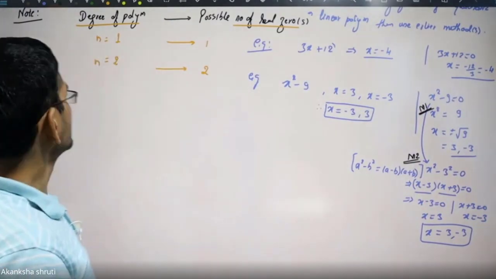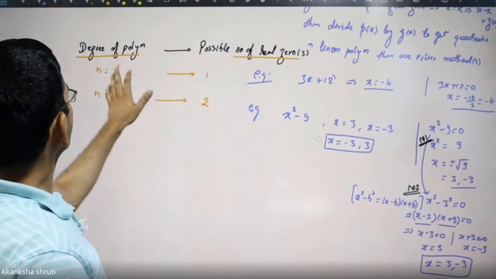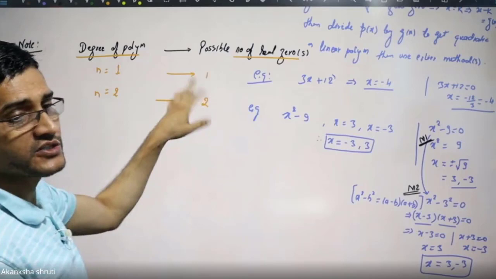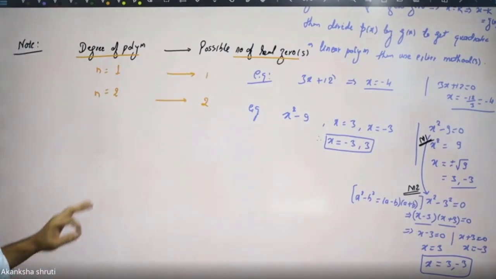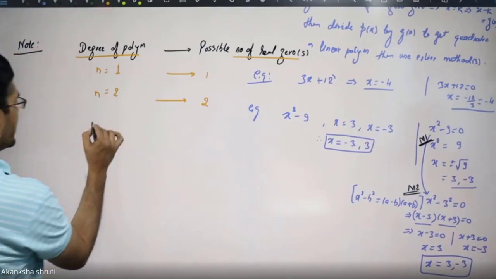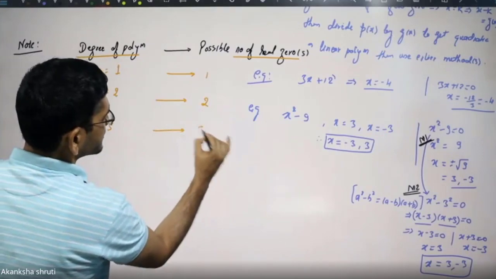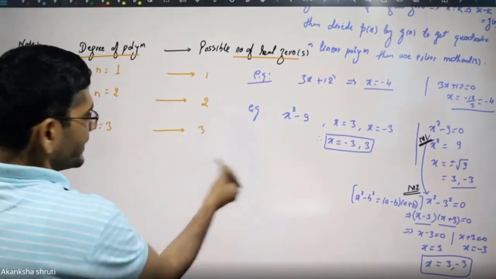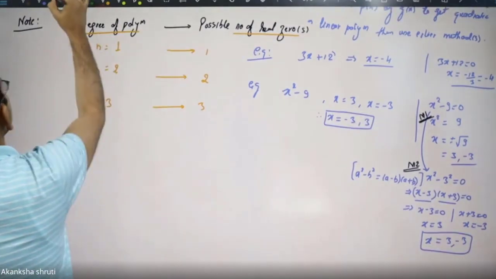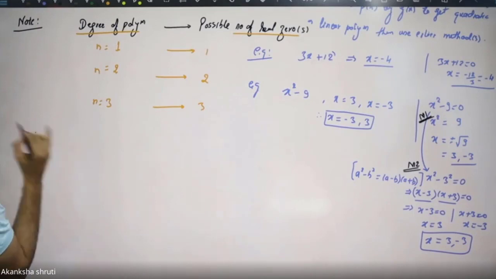Okay, students. So it simply means what we are observing here: whatever the degree of the polynomial, the same number of possible zeros could be there. Let us take a few more. If n equals 3, here you will also get 3 zeros. Leave it, you can verify by taking another one. So students, the simple rule is this, write this final statement.